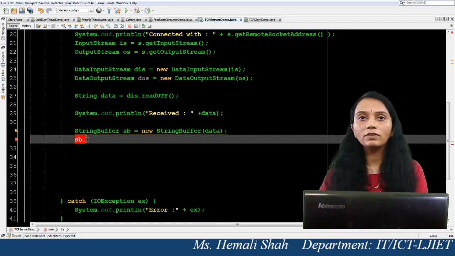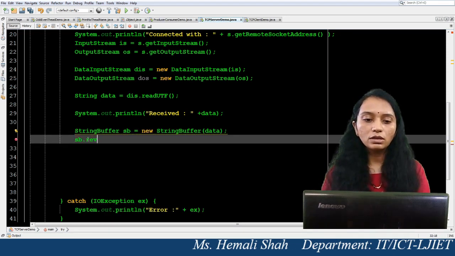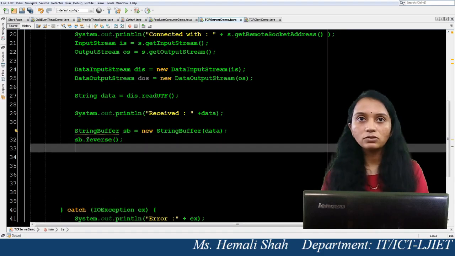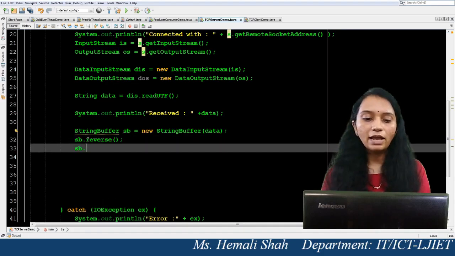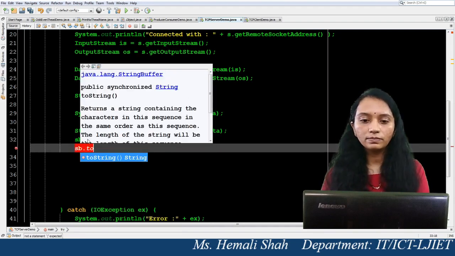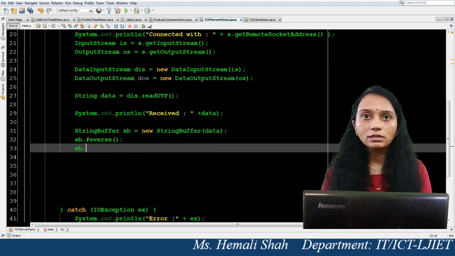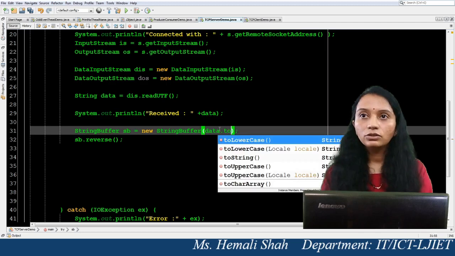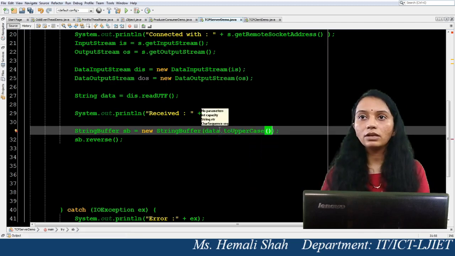If this is a reverse program, then you can use the reverse function to reverse your string. If a program needs both, you just need to call toUpperCase, on the string itself, data.toUpperCase, you can write over here.